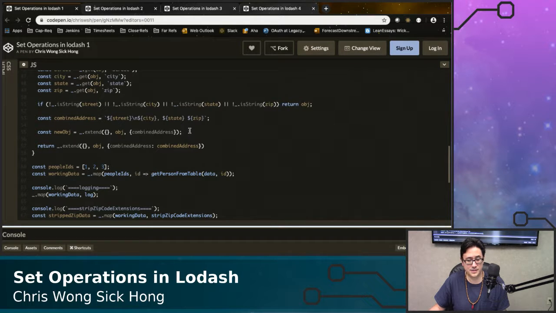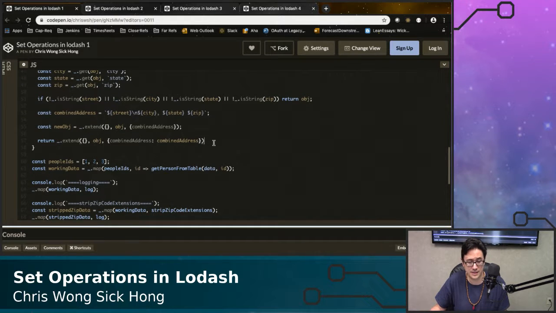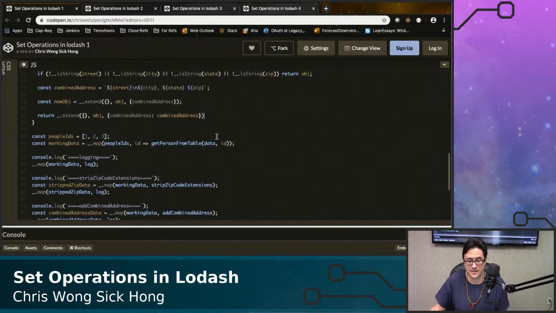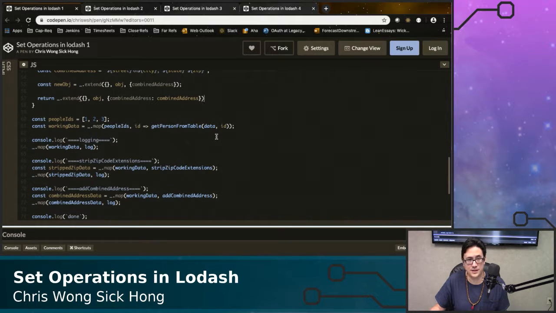Create a new object with a new property called combined address on it, and return that. And that is all these functions do. One function does one thing. We're thinking about the processes we want to do to the data rather than who wants to do it. And then we are going to work with that. And then we get to the actual meat of the